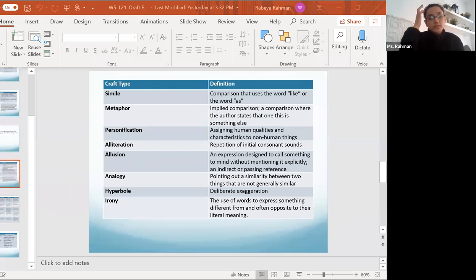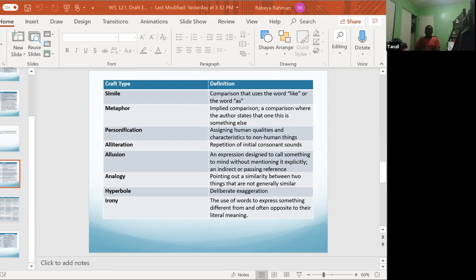All right, take a few more seconds, and when you're ready, let's put our pencils down and try Tanzel. Tanzel, why don't you share your example of a craft type that you included? Okay. You guys can hear me? Can you hear me? Yes, we can hear you.